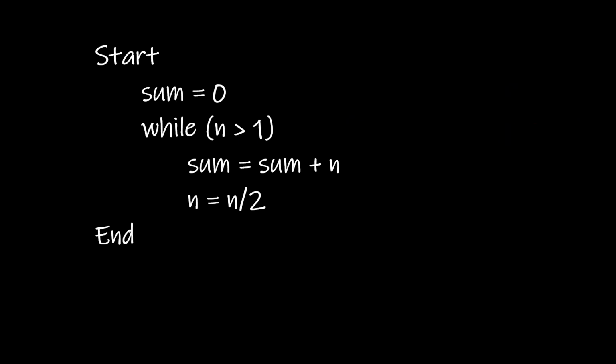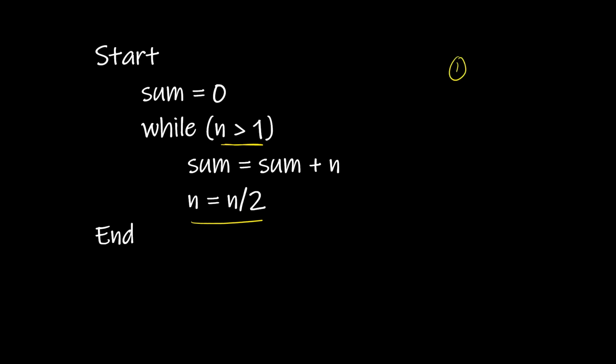We have seen enough for loops. Let us see a while loop. While loops are similar to for loops. In while loops also, we have a conditional statement which checks the condition of a variable, and we also have an update statement which updates the value of our variable. Now in this while loop, our value of n gets halved every time. Let us find the number of times our while loop runs.